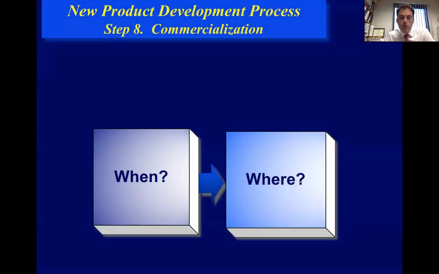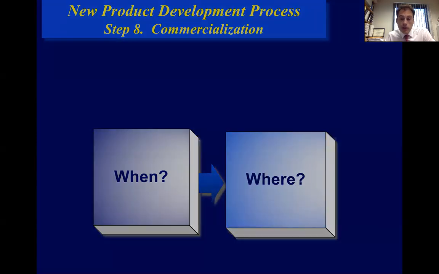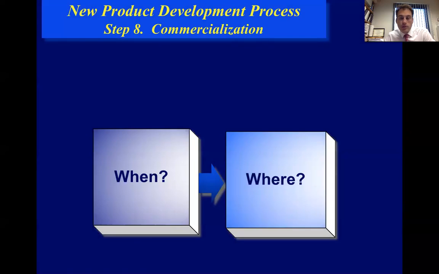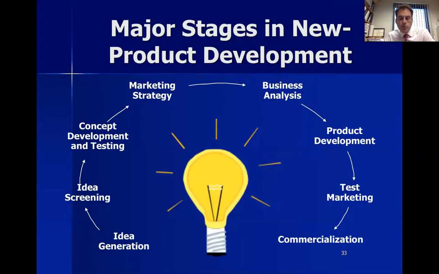So to conclude, when and where you sell, that's the commercialization, and that should be decided in the stage before, where you have actually done your test market, by identifying the best months, the best area, the best marketing program that you will have in selling the product. So it's important to learn those 8 stages. It's important to learn the order. It's important to learn the objective and the reason why you're doing these, in order to have the big picture of this creation of a new product.